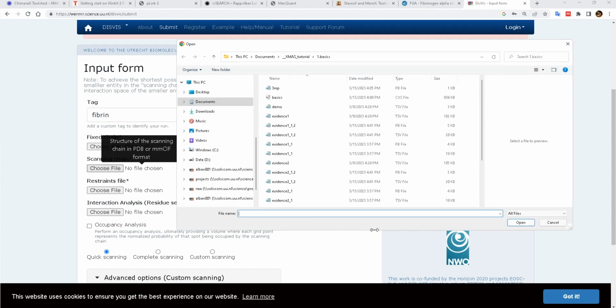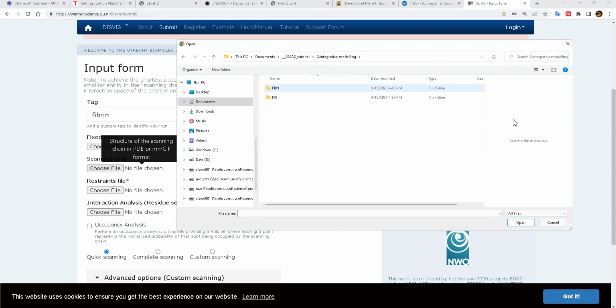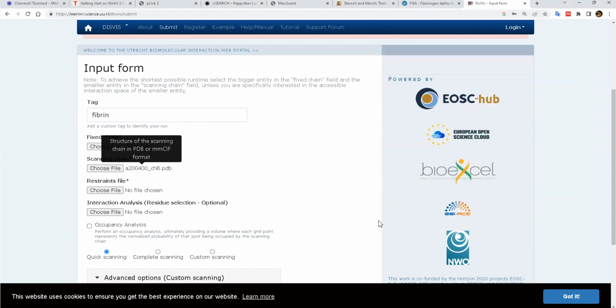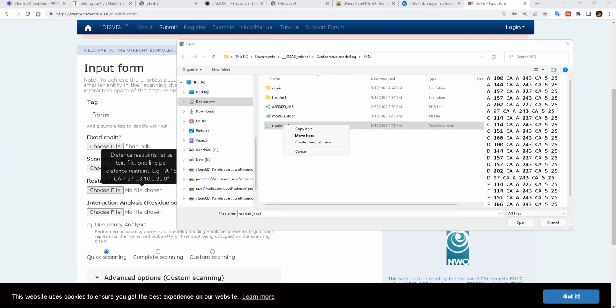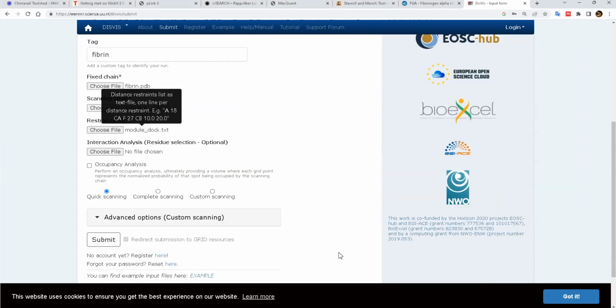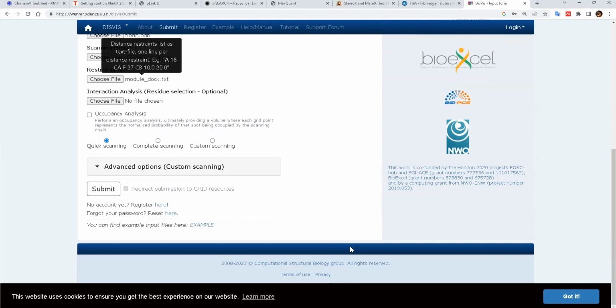Our scanning chain will actually be these small parts that we selected. And we have a restraint file, which is this text document. And I can show you how it is formatted, but for now we just do it like this,